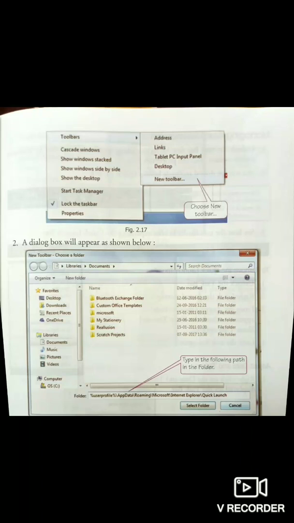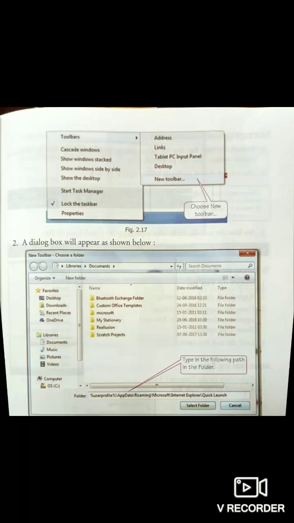First of all, you have to right click on the taskbar. The following menu will appear. Choose Toolbars, and then New Toolbar will appear. After that, a dialog box will appear as shown on the screen, named New Toolbar. Under it there is a choose folder option.